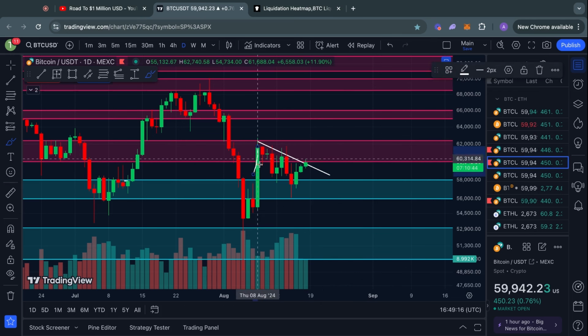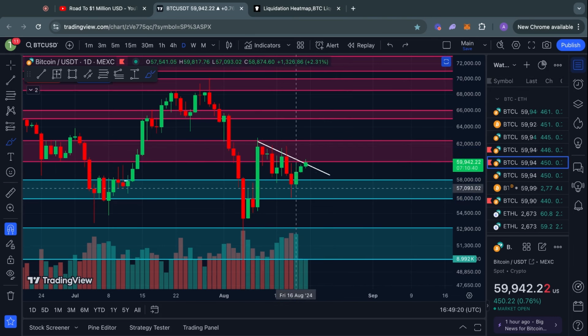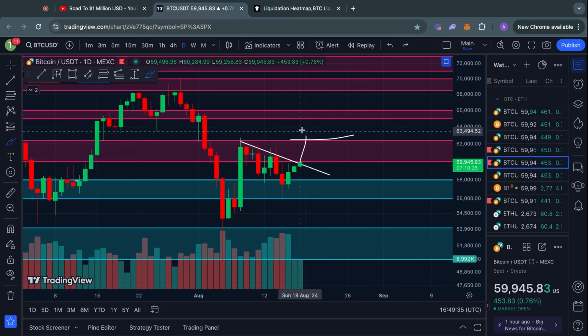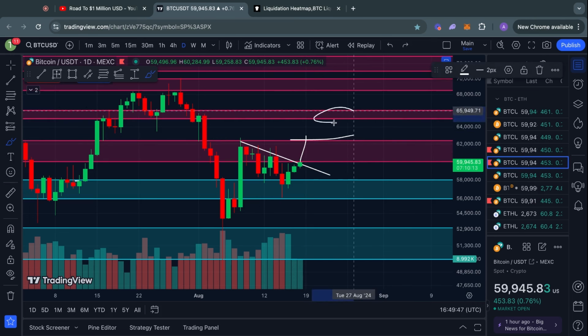Similar to what you saw over here, we pumped right into this level of resistance and then got a rejection back down. However, in the case that you actually see a breakout above this previous high here, so above about 62.4K, but again, pay attention to that level at 62.7K, that Fibonacci golden pocket, then likely we would be heading up to this next level of resistance above that, sitting from 65 all the way up to 66,000 US dollars